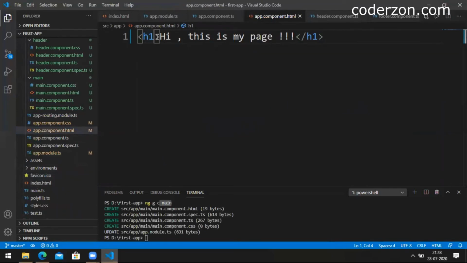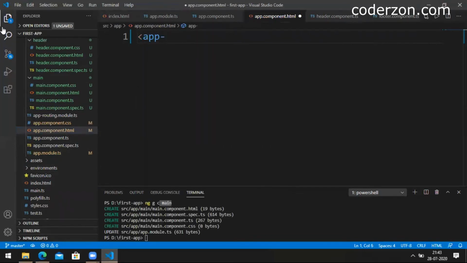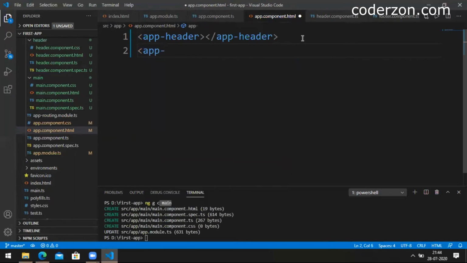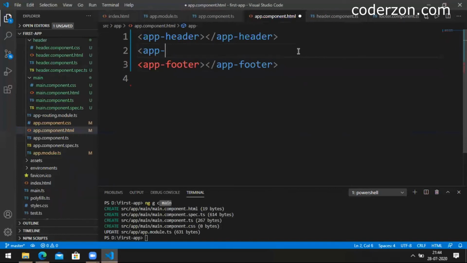Now instead of this particular content, I'm deleting this. I'm providing app-header, app-footer, app-main.